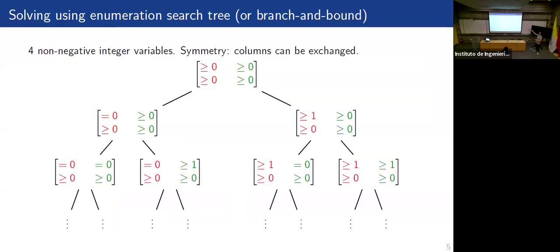And if we look at a branch and bound tree for the noise dosage problem, if we can swap these columns, we can actually see that there are two subproblems here in this branch and bound tree that are actually considering the same feasible region up to symmetry. Namely, here on the left, we have x equal 0, and here larger or equal to 1, and the rest of these are the same. If I flip these two columns, then we have exactly what's written here. And if we do not exploit the symmetries, then if there would be an optimal solution contained within this feasible region here, if you cannot find it, you need to apply a lot of work in order to narrow down that the optimal solution is not there. And you also have to do the same here because there could be another optimal solution there.